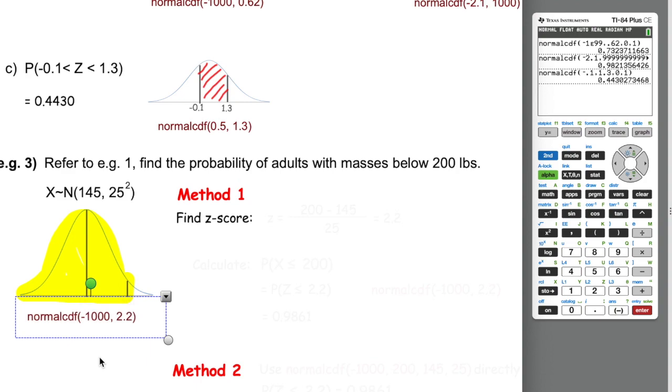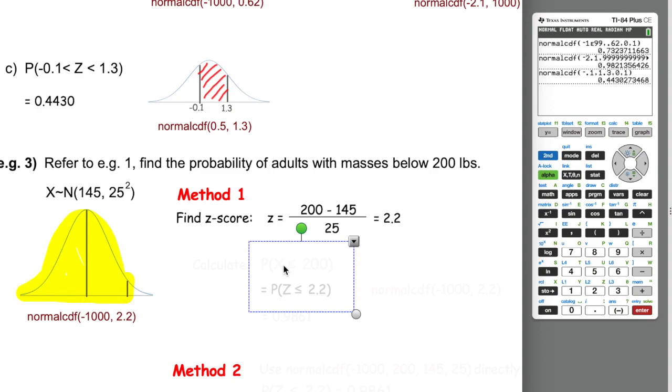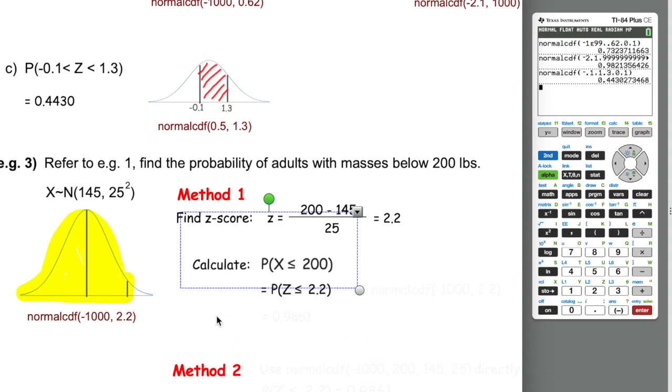Well, the first method is we can compare the position of the 200 to 145 as the standard normal distribution by first calculating the Z-score. So the Z-score says 200 minus the mean 145 divided by the standard deviation 25. You get a Z-score of 2.2. And then you will calculate P of X less than or equal to 200, which is equivalent to P of Z less than or equal to 2.2,